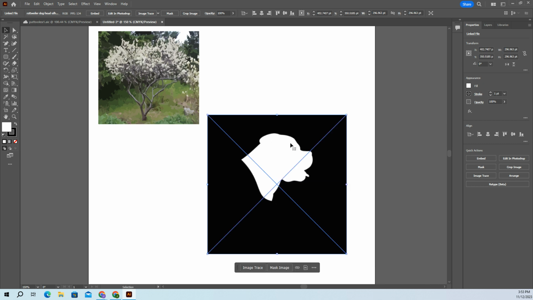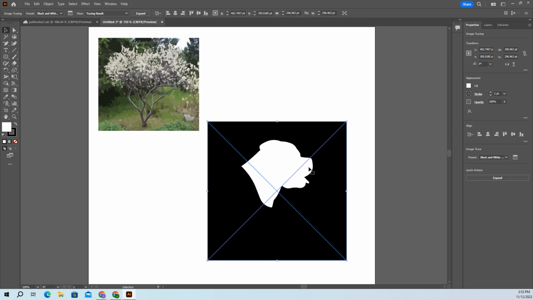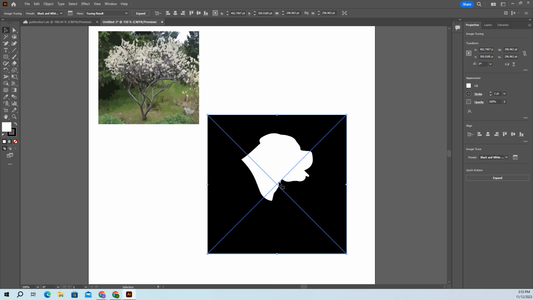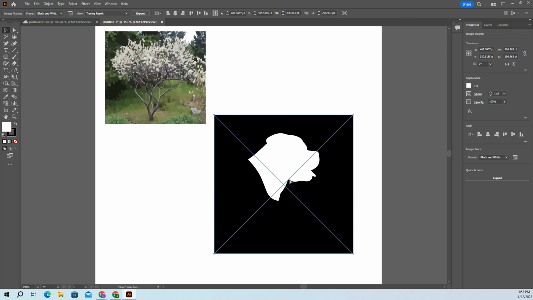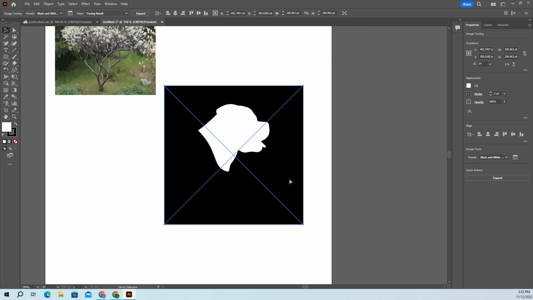All right, so same thing, image trace. But now instead of default, maybe we go black and white logo. Control plus. And if you notice, now I have my straight lines. If I click my direct selector,